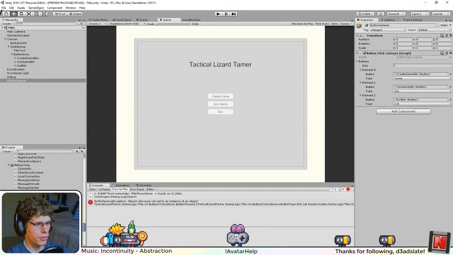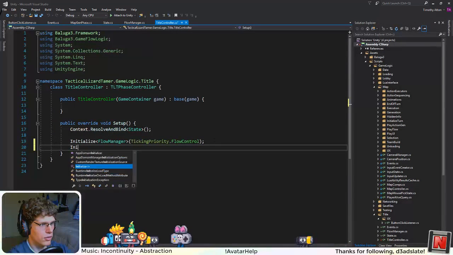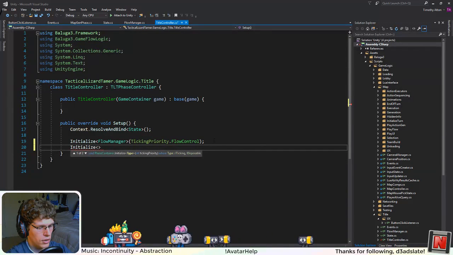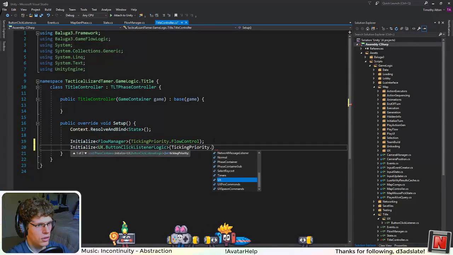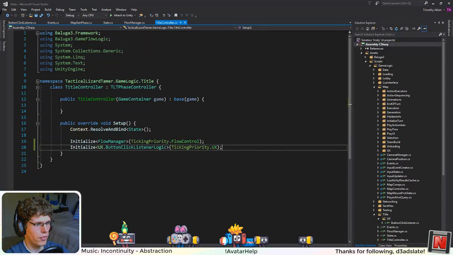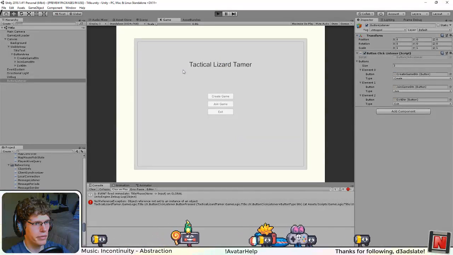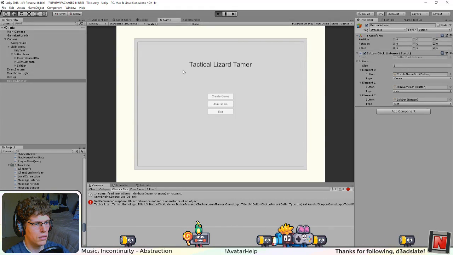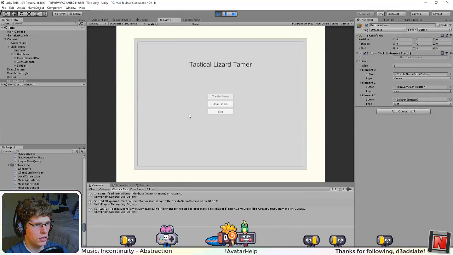Oh, okay, so that's the null reference because I don't think the logic had been created, so I need to do that here. So initialize x, click listener logic. Okay, so when I create a game, yeah, then it queues the create game command. Then the flow manager reacts to its presence, but